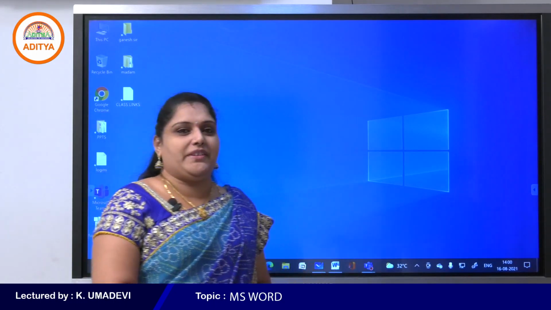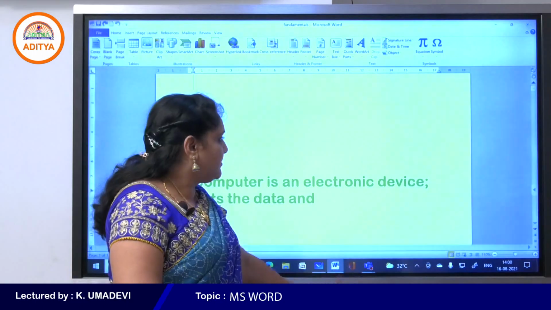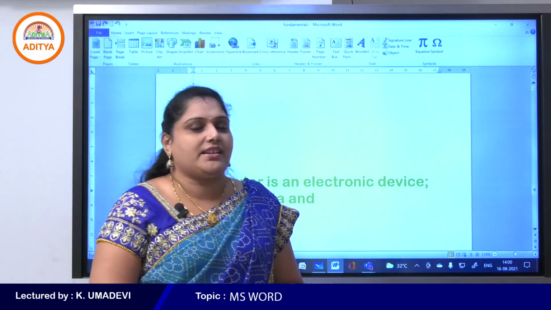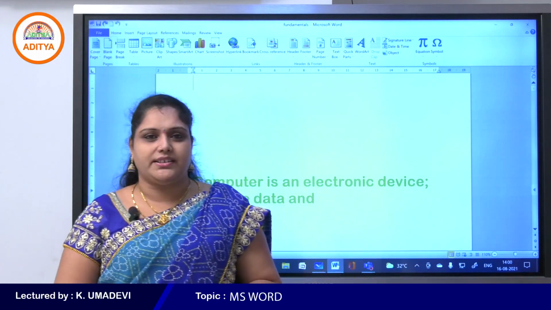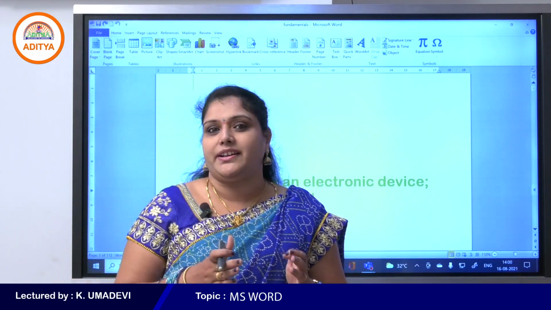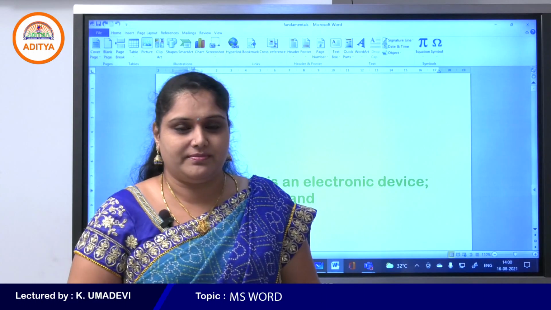Okay students, in the previous class we learned about find, replace and go to, right? So what is the shortcut key to open the find and replace dialog box?